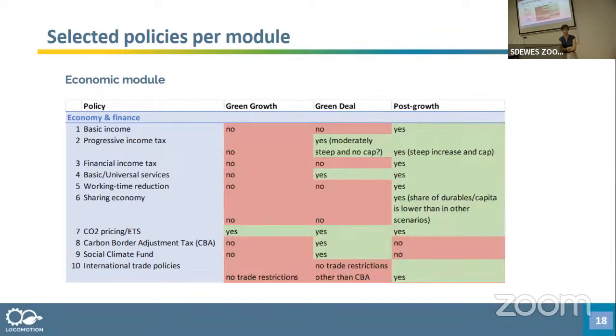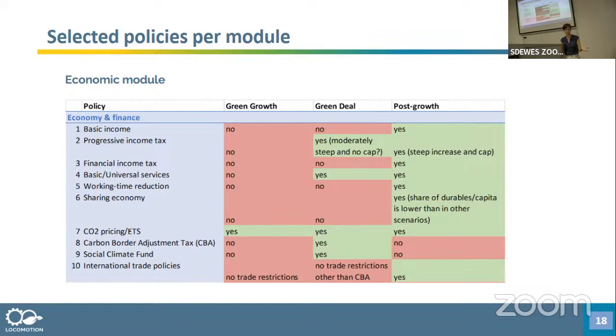So this is basically our understanding. As you said, post-growth, not the carbon border adjustment tax, which we consider specifically a Green Deal policy, and also not the climate fund, which is also a very specific EU thing. But apart from that, post-growth economic policies are, and most of them we want to implement under the post-growth scenario. Under the green growth, as you said, it's mainly the carbon pricing, and under the Green Deal,